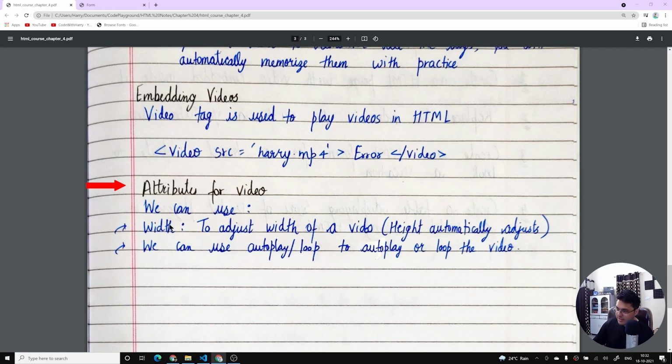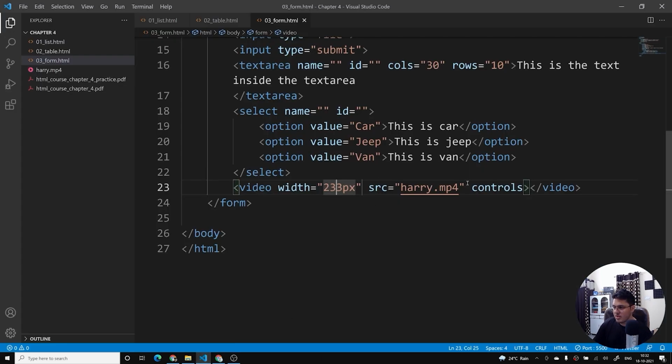Now there are some important attributes for video I've written. You can use width, we just used it, and height will automatically get adjusted. Now we can also use autoplay or loop to autoplay or loop the video. So you can do something like this. You can say autoplay,